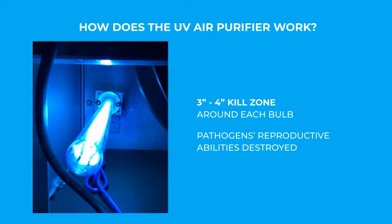How do the logistics of this process actually work? There is a 3 to 4 inch kill zone surrounding each bulb, so any air within that range is subjected to its effects. When the UVC light hits the airborne pathogens, it's not just momentarily stunning them, but actually totally destroying their reproductive ability by scrambling the sequencing of their DNA, rendering them totally incapable of repopulation. From there, they are left to drop lifelessly to the floor of the facility where they can simply be swept